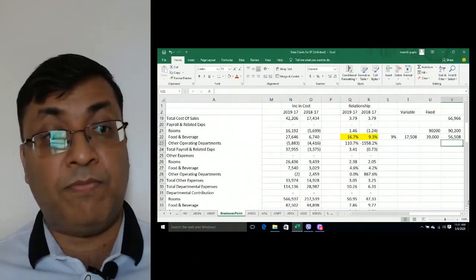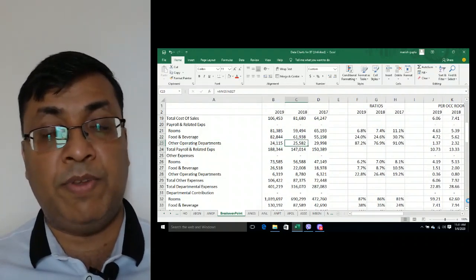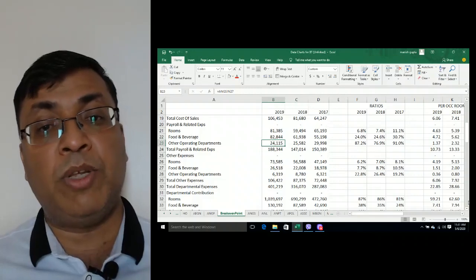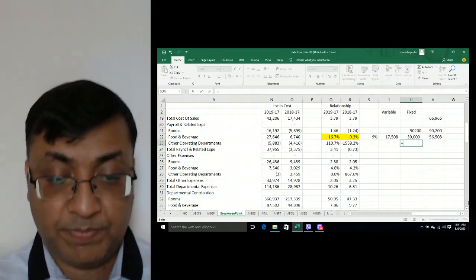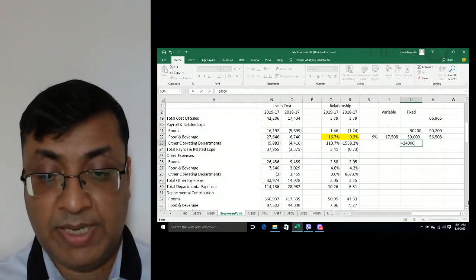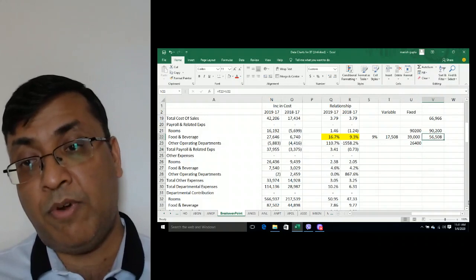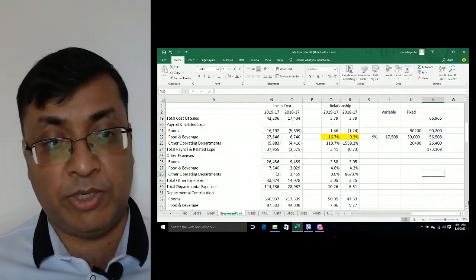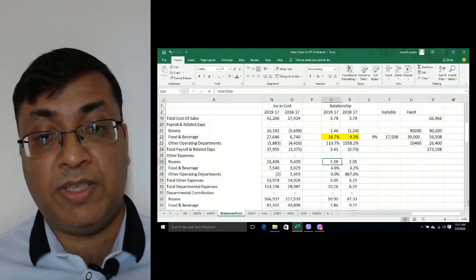Now other variable department is again not relevant here because we are not sure what is the cost. So let's assume the latest one, 24,000 as fixed cost plus incremental, let's say 110%. So our total cost will become, so here we are slowly building up the profit and loss department. Here you can see the